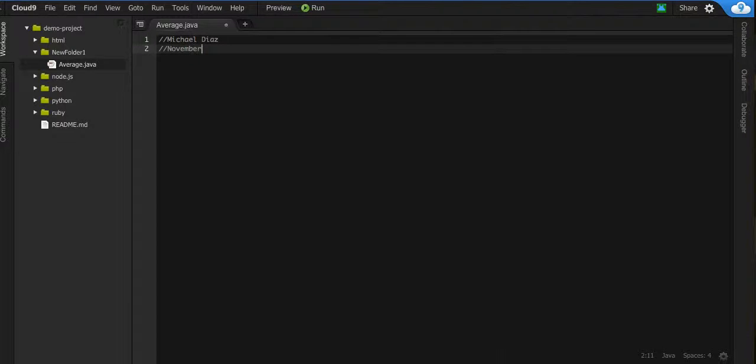Just really quickly, an overview of what's going to go on here. This program is going to take 3 inputs from the user, then add them up, divide it by 3, and that should give you the average of their numbers. It'll test switching between doubles and ints, because the program asks for 3 int inputs, but it asks for the average with decimals. So the answer is gonna have to be a decimal, which has to be a double, and it'll also test if statements,